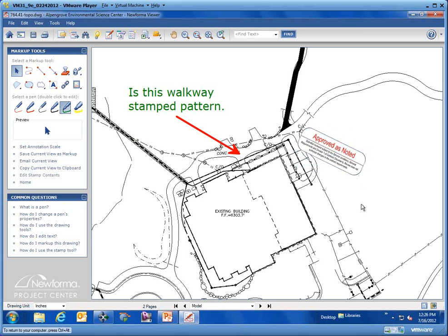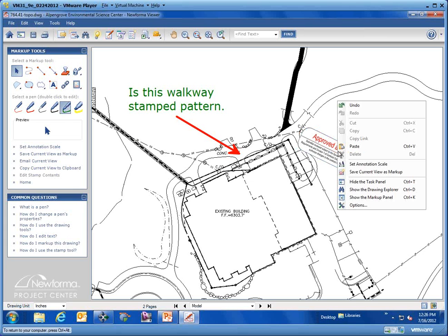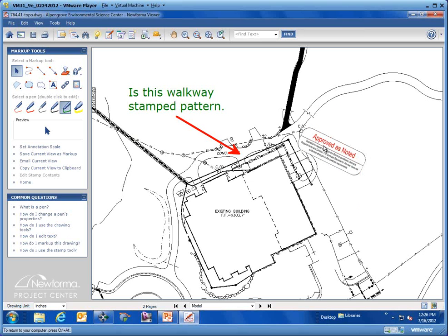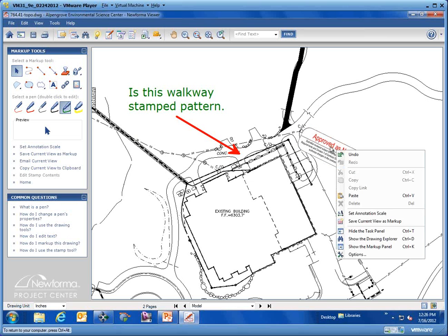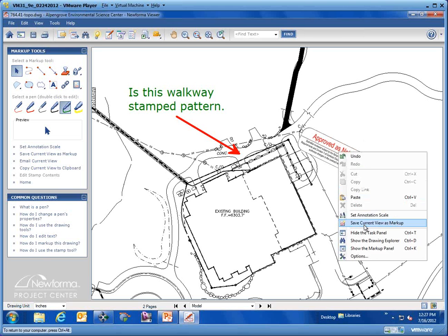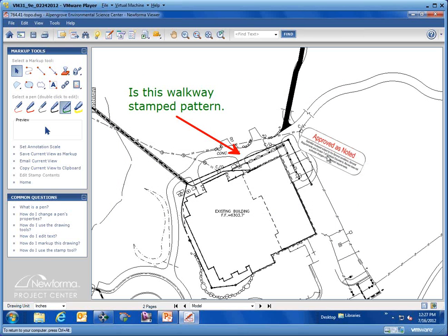There's our approved as noted stamp inside the drawing file. If we double click on that stamp, that's going to allow us to re-edit it. Sometimes double clicking is a little tough on the drawing file. Apologize for that, but if I can get it to double click, I just have a tough time in the virtual machine, we would actually be able to re-edit that stamp,